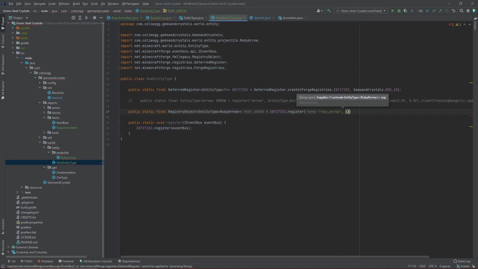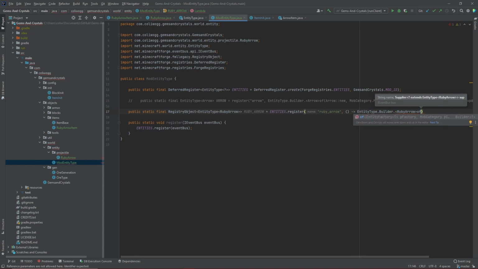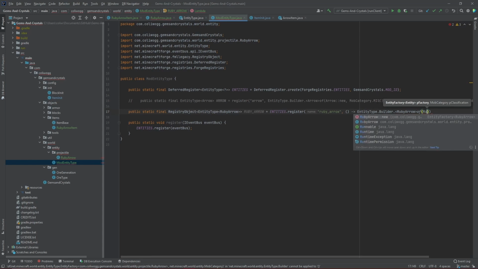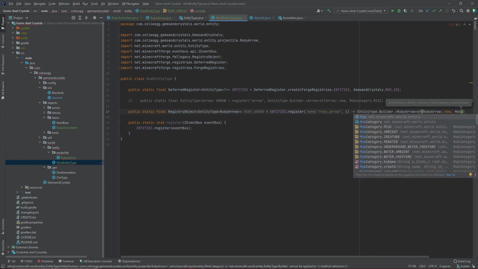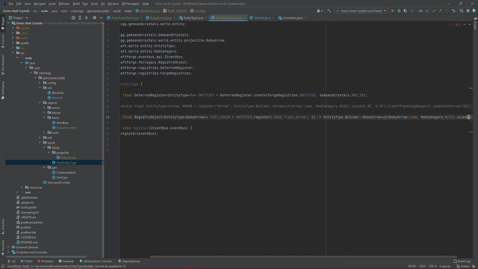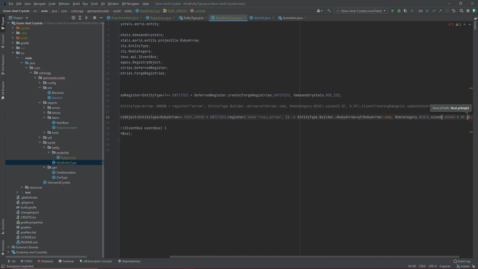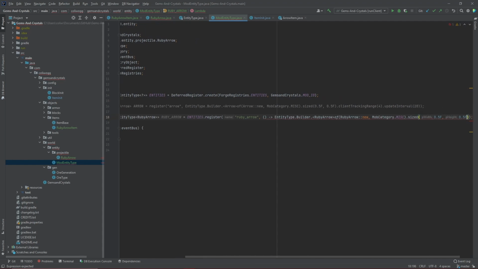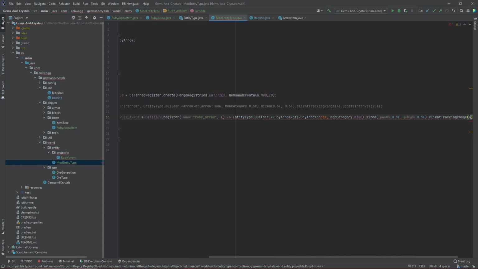RubyArrow, and then a comma, a lambda, entity type dot builder, and then dot, and then triangle bracket RubyArrow, and after that of, and then a parenthesis, RubyArrow new with 2 colons, and then we're going to do a comma, mob category dot misc. After this, we're going to add dot sized 0.5 f, and then a comma 0.5 f. And then after that, we'll be doing a dot client tracking range of 4 dot update interval equals 20, and